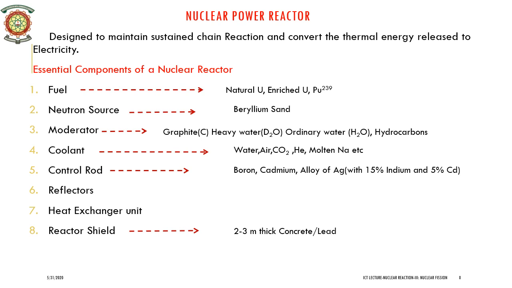Then there are what are known as neutron sources. Most of the fission that we are going to talk of is induced through neutrons. So a neutron source is a suitable source that is placed inside a reactor core in the neighborhood of the nuclear fuel. This produces or gives the initial number of neutrons to start the reaction. Beryllium generally serves as a good source of neutron. Then we have moderator.